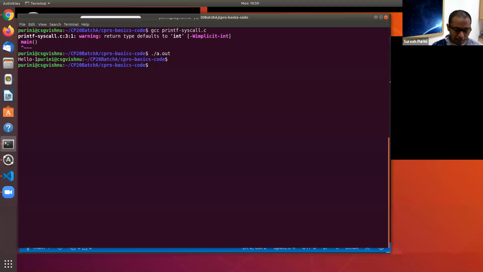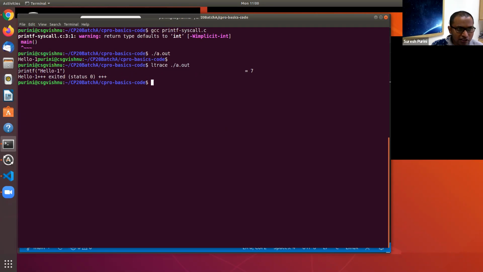There is a command called ltrace, and this ltrace command tells you all the library calls which your program makes. Now I am doing an ltrace on this a.out. There will be two outputs. One is the output of the a.out program itself, that is this hello-one with no newline character.